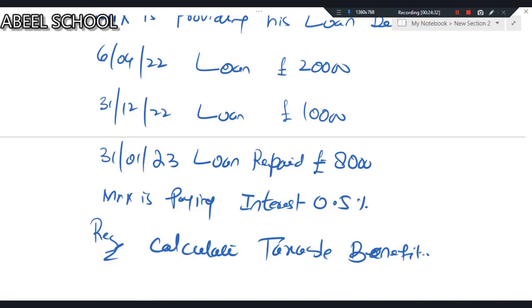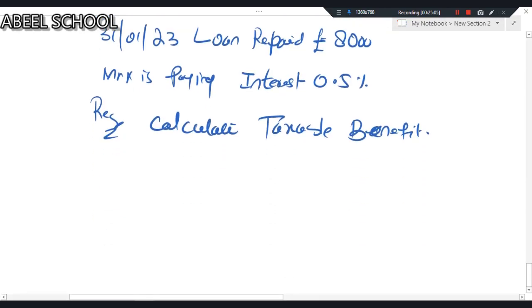A very important point is, whenever you come across a question on this beneficial loan benefit, you have to calculate the taxable benefit using both the methods. After that, you will choose the method which has a lower taxable benefit. Obviously, lower taxable benefit means income tax will be lower. So the tax planning is, calculate the taxable benefit using both the methods, and then choose the one which is lower. Let us first go for accurate.